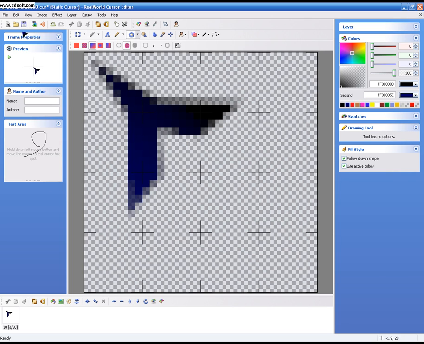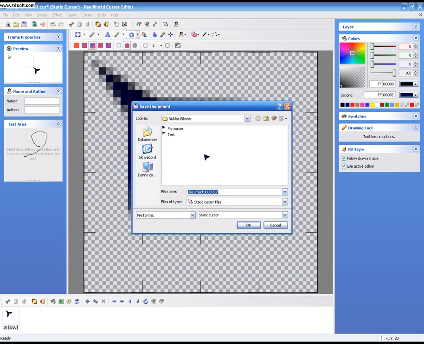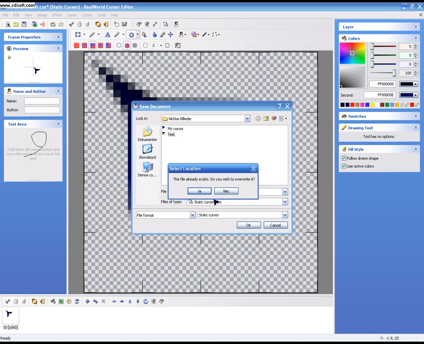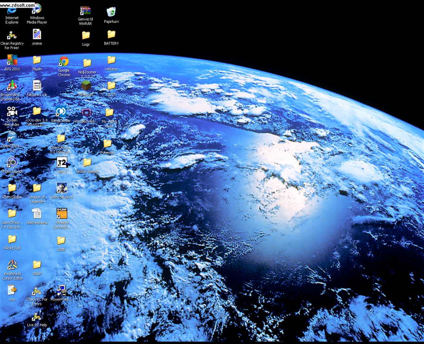Okay, so to save it, you click File, Save As, right there. You need to name it something that you want. You don't need to do it, but I'm naming it chest, and you need to add .cur. If you don't make that CUR, it's not a cursor. So yes, I want that to do it. Okay, close it, and